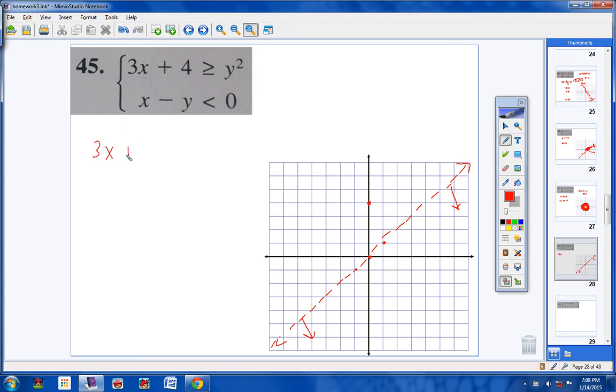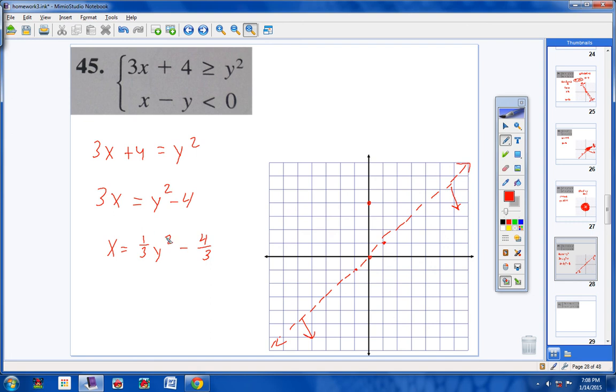3x plus 4 equals y squared. Okay. Now, let's go ahead and bring the 4 over and make it negative. So 3x equals y squared minus 4. Now divide everything by 3. X equals 1/3 y squared minus 4/3, with x all by itself. Now the reason I did that, students, is now I can find the vertex of the equation pretty quickly,